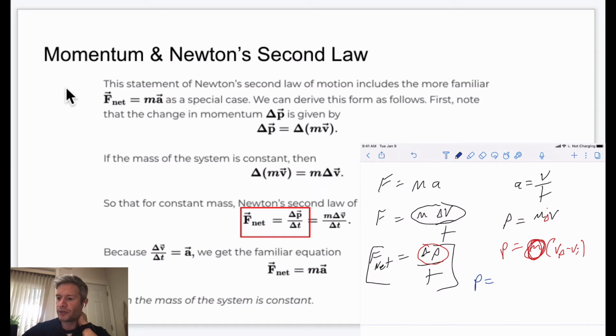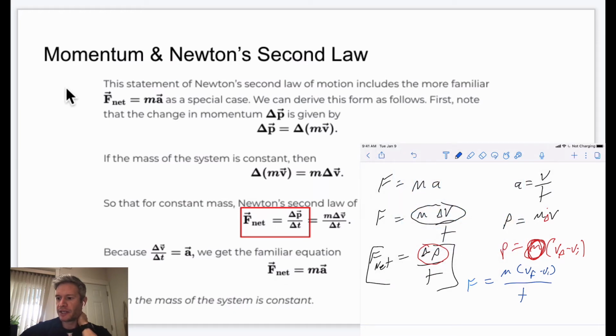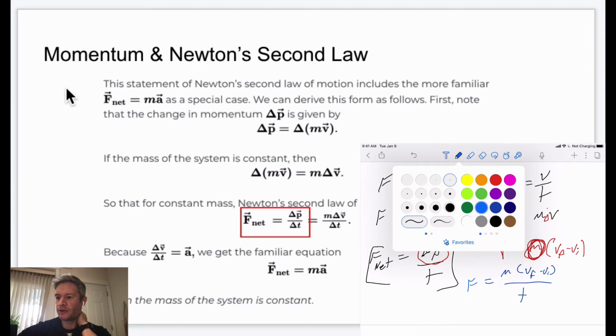So force is equal to mass times something's final and initial velocity, and that change over time. Okay? So again, if we're really trying to identify how, I feel like I did that wrong. Small momentum. My mistake. Okay. So if we're really trying to identify